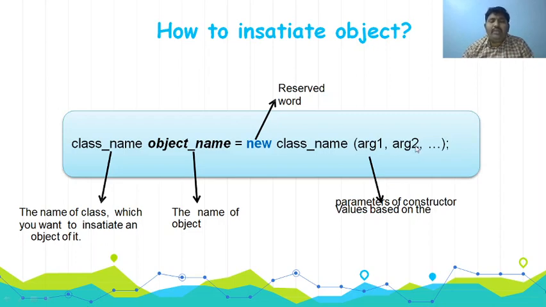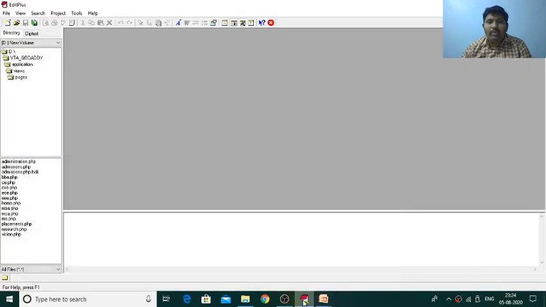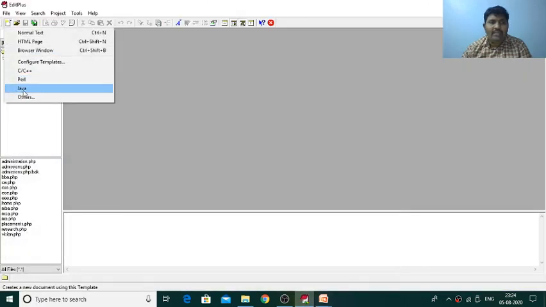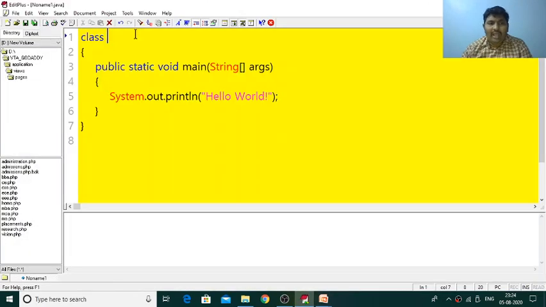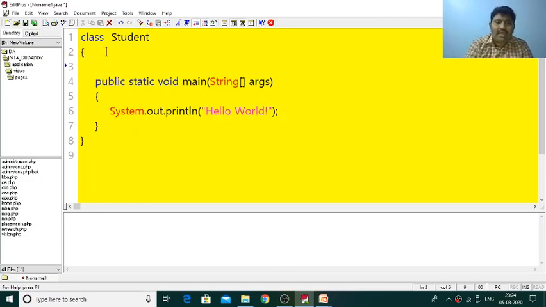By writing a simple program I will show you how to write a class and how to create an object. Just see this simple program. I am creating a simple class called the Student class, which has some simple variables.